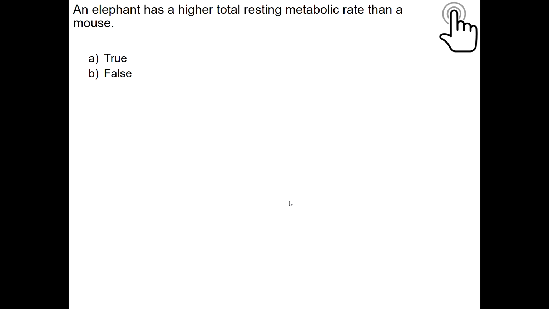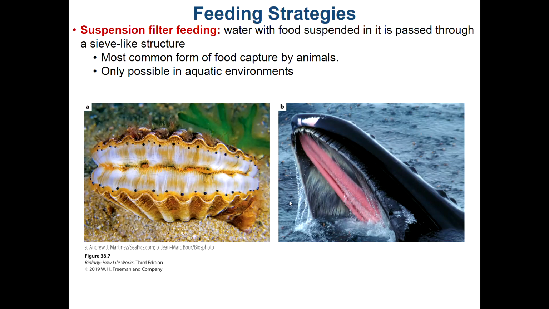So now that we know why it's important to eat, because we need to fuel our metabolic processes that use ATP, how do organisms eat? So we're going to talk about a few